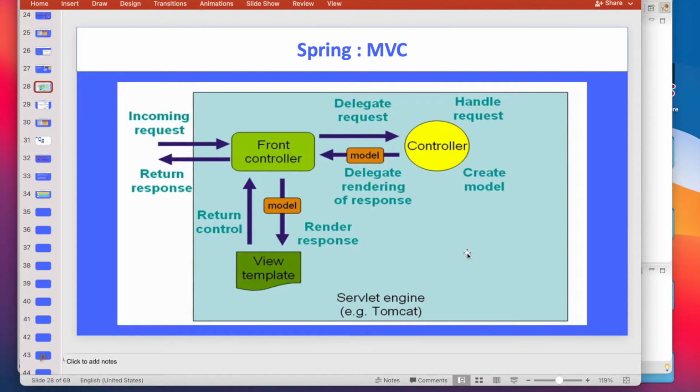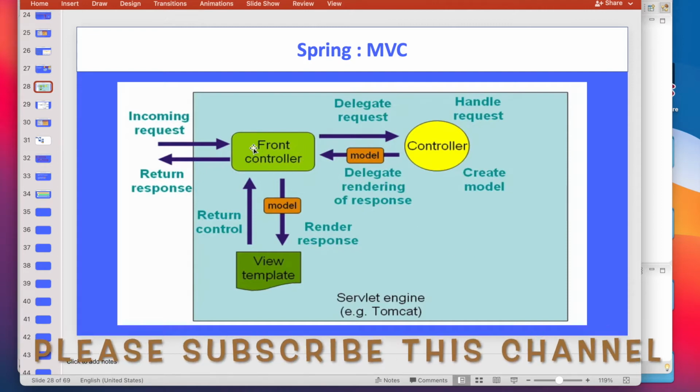So we will have one front controller that is responsible for getting the request, and as per the request it will go to a different controller. So we could have many controllers, right? And this controller will connect to the DAO, ORM, database, anything, and execute the business logic. Then this controller will have the model as well as the page we have to show. That information it will also have, and it is sent to the front controller.